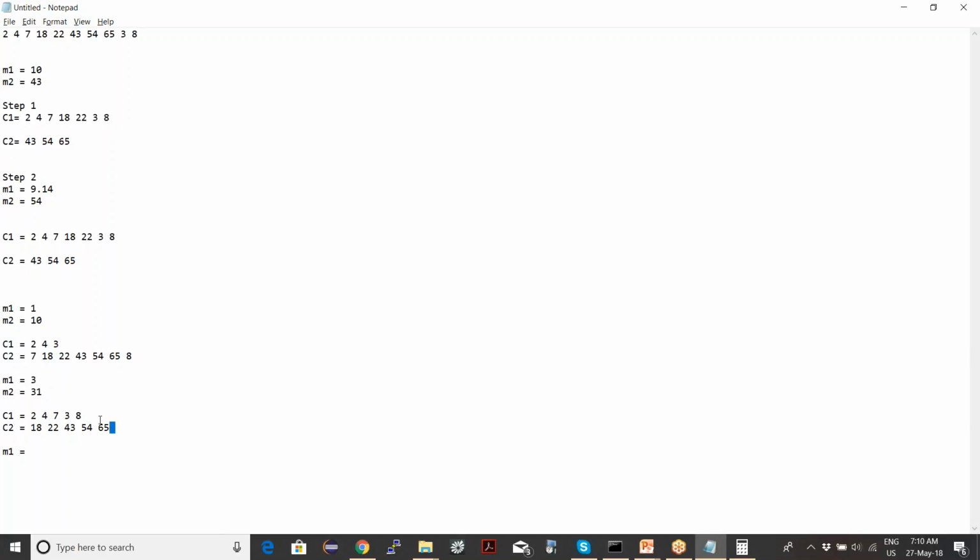So you got this cluster now. Again you will find the cluster center for this cluster. Okay, and you can keep going till the cluster center stops changing. Like in this case, when we started with m1 10 and m2 43, after the second step the cluster will not change anymore. Okay, and this will also converge somewhere here, and it will form these two clusters after a few steps. Okay, so this is how k-means clustering works.